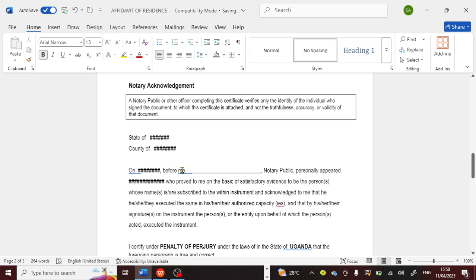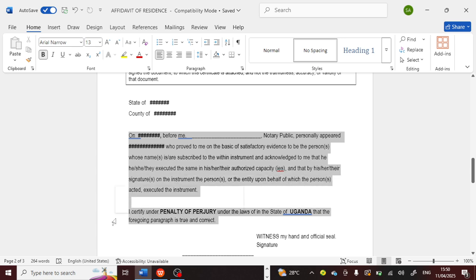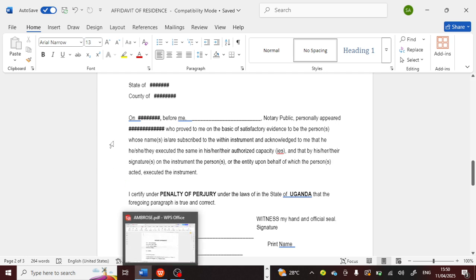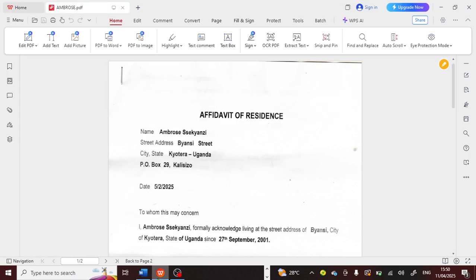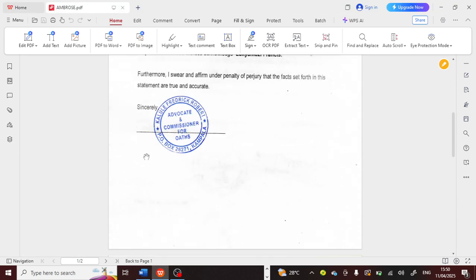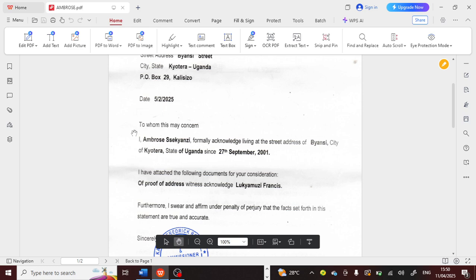Before me, this part here is supposed to be filled by the commissioners or advocates. Let me check. These are lawyers. In most cases they are called lawyers. So you see